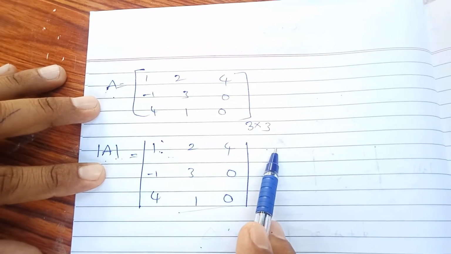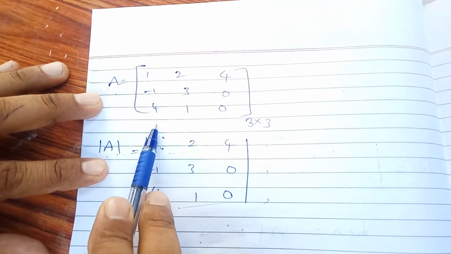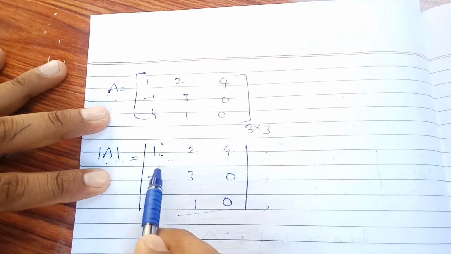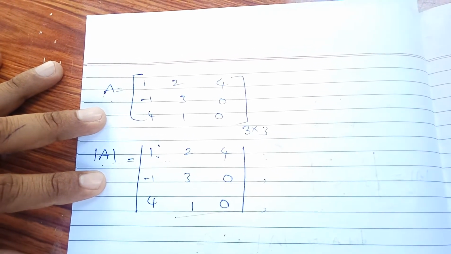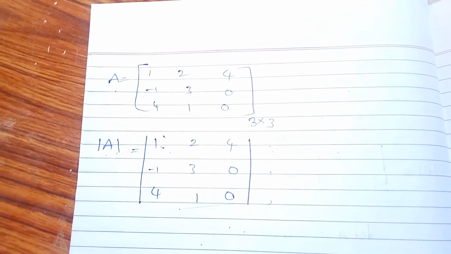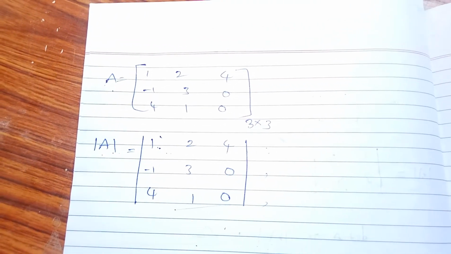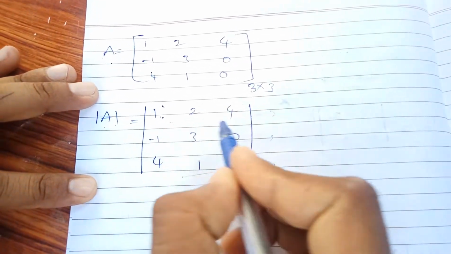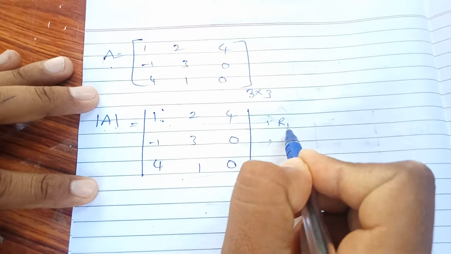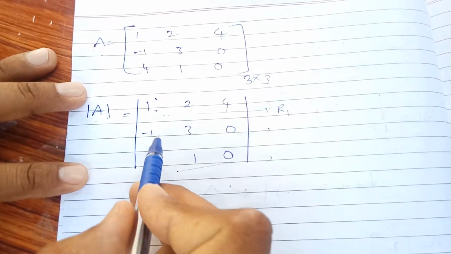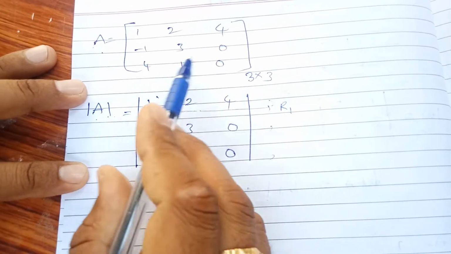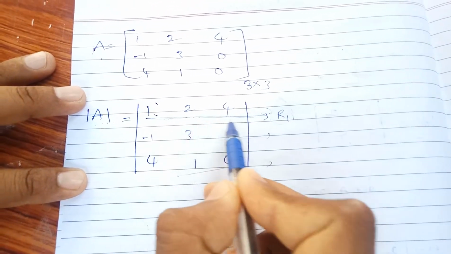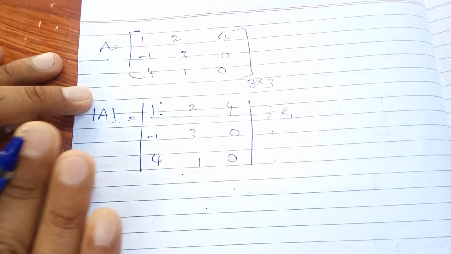Okay, horizontal lines we are indicating as rows and the vertical lines are columns. So in this there are 3 rows and 3 columns. Suppose if you are taking any row or any column, we can also find the determinant. So first we can continue by taking the first row. After that I will explain what we have to do for the remaining part. See, how to make the determinant for the 3 by 3 matrix, suppose I am taking the first row. Along the first row we are going to continue the determinant for the matrix here.